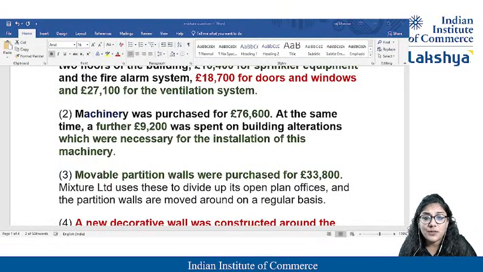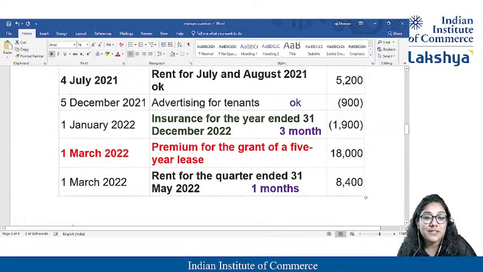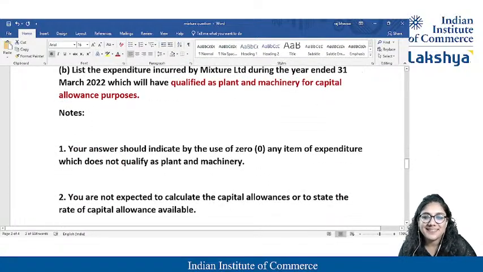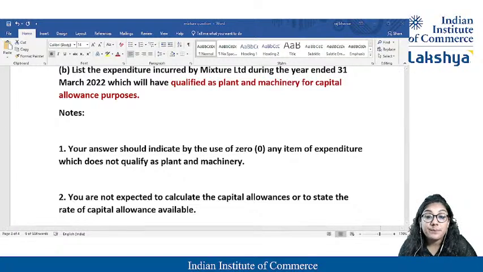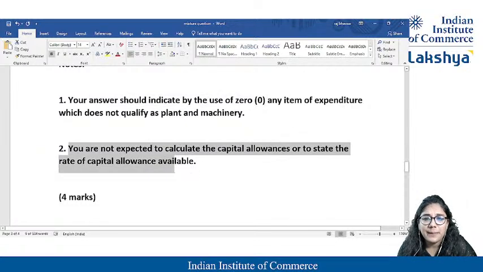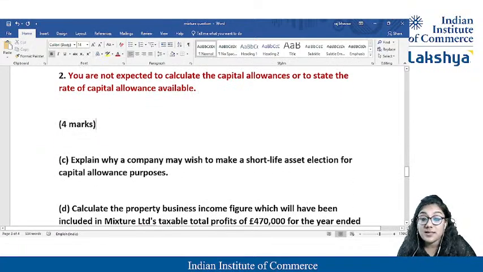What have they asked us in the third question? Any which way they are going to test for these also. We know that. They have given in the notes that you have to answer something if it is 0. We know that building and all things were 0, so we wrote that. You are not expected to calculate capital allowances. Oh, thank God. So we at least calculated the cost, and with this we get 4 marks.